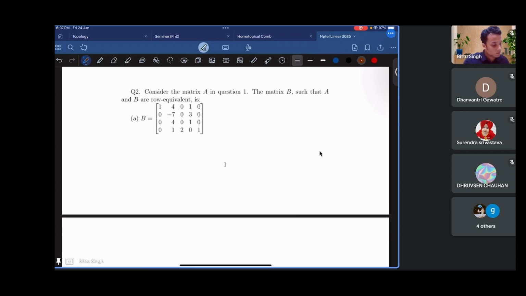Next, here we'll consider the matrix from question 1, and the matrix B. Here some options are given. Now we need to check if B is row equivalent to A. So how do we see if one matrix is row equivalent to another? Given a matrix A, B is said to be row equivalent to A if B is obtained by